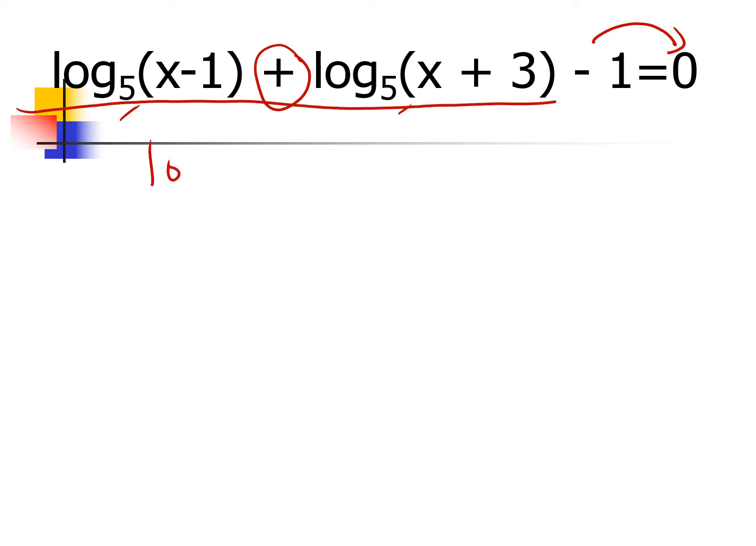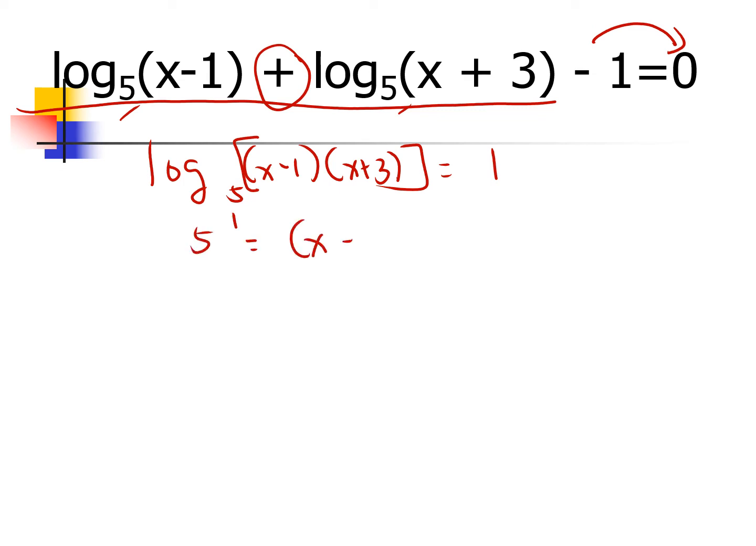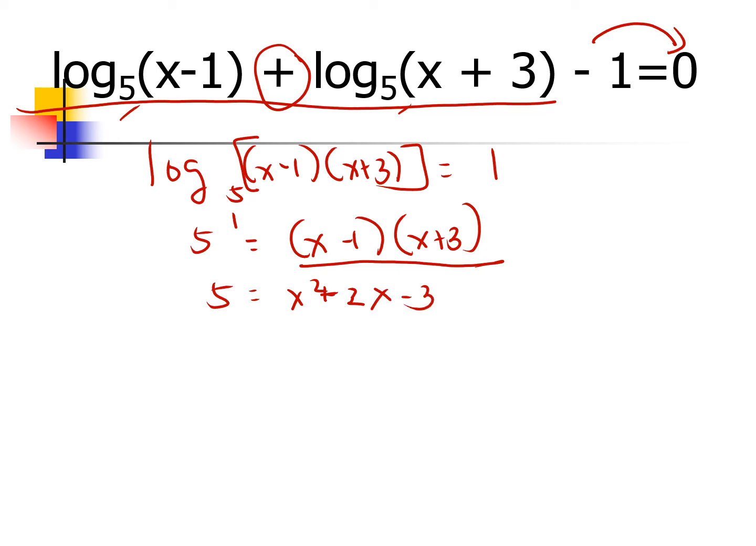Since pinaghihiwalay ito ng plus sign, pwede po natin gamitin ang logarithm of a product. So it will be logarithm of x minus 1 times x plus 3 to the base 5 is equal to 1. Now, ang susunod po natin gagawin ay itatransform natin ito into exponential form. So therefore, it will be 5 raised to 1 is equal to x minus 1 times x plus 3. 5 raised to 1 is equal to 5, and then simplifying this one, it will be x squared plus 2x minus 3. Equate ngayon natin ito into 0, it will be x squared plus 2x minus 3 minus 5 equals